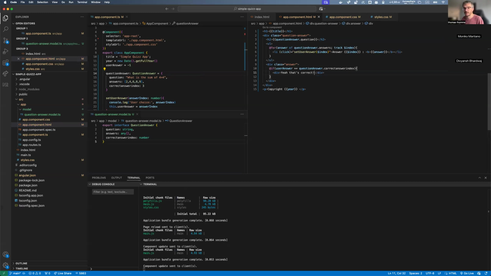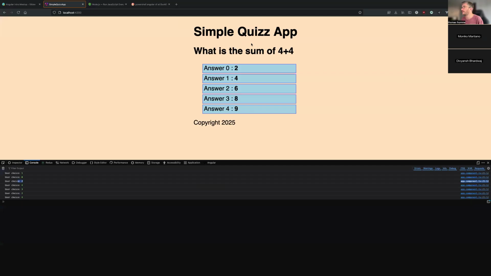Something like this. So we can have a try on this one.